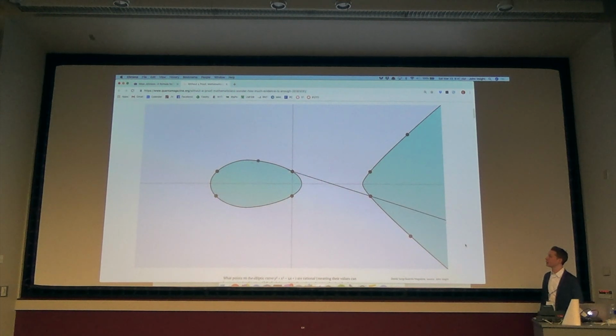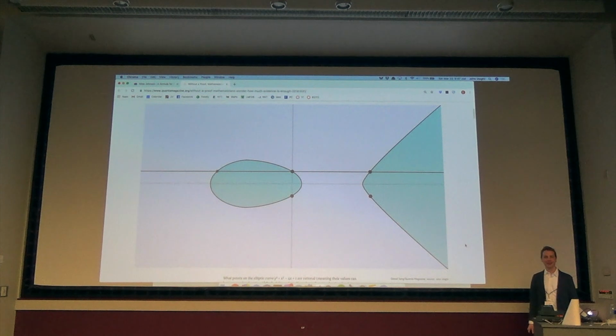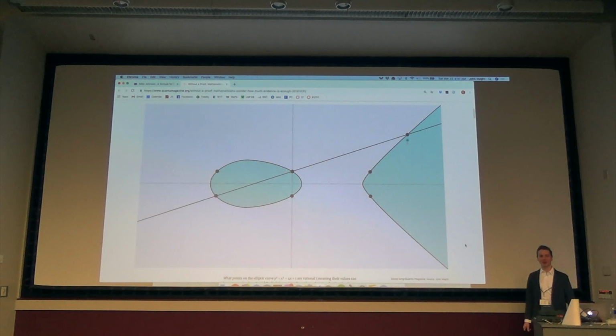So I helped the Quanta folks. They did the animation, and I picked out the elliptic curve. We went back and forth a couple of times, so the credit goes to Quanta, but I feel like this was my contribution to studying the animation of elliptic curves. Are you sufficiently hypnotized, or should we spend another couple minutes staring at this? I never get tired of watching it. I guess I should. It's better than Lulu.